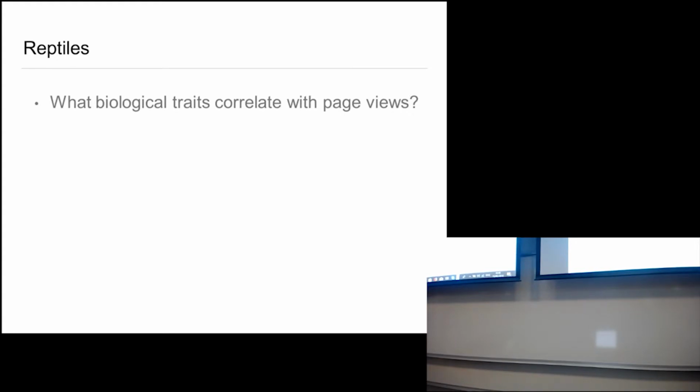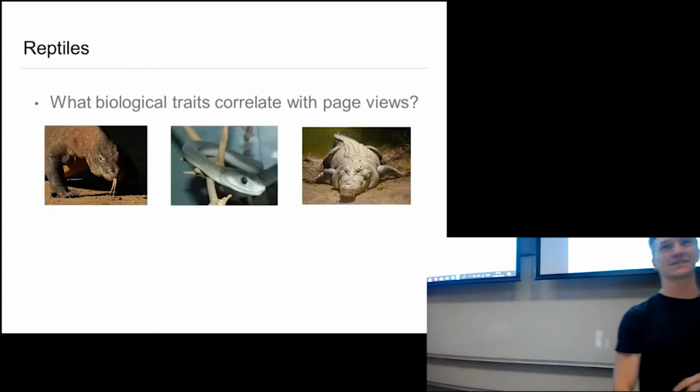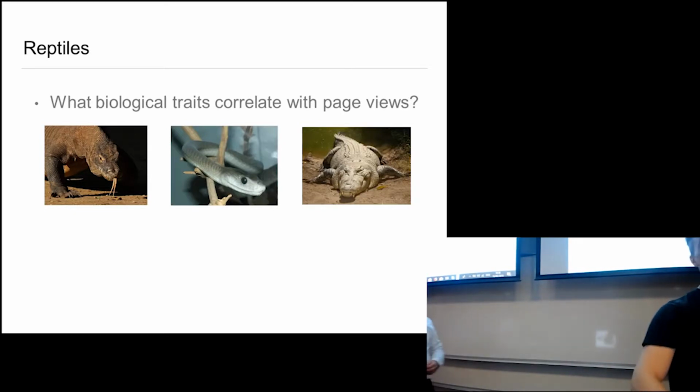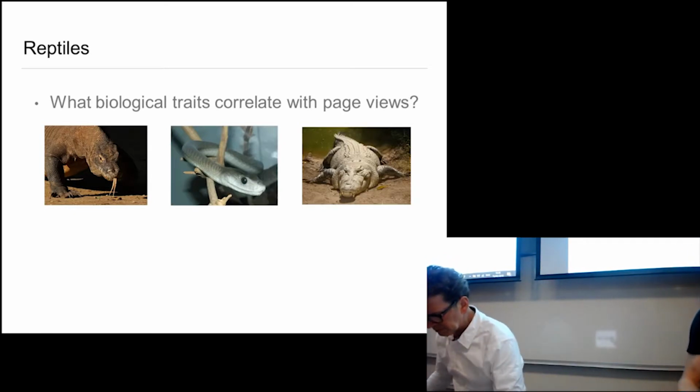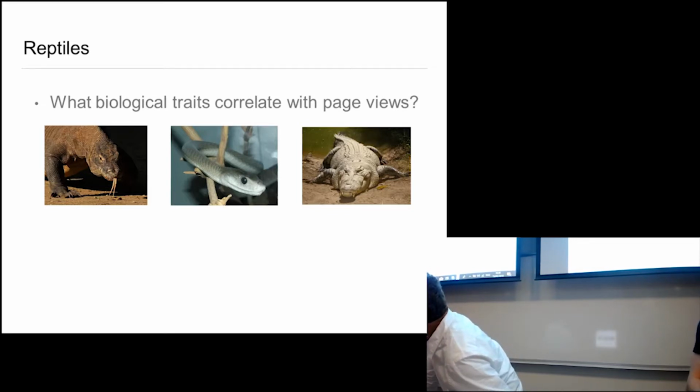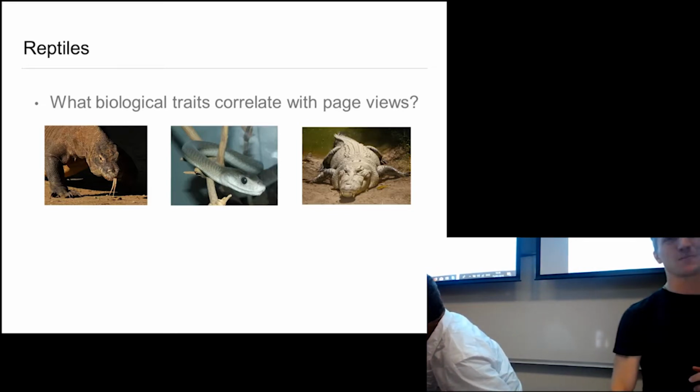Komodo dragon. Exactly. That is the number one most viewed reptile in Wikipedia by a large margin. I was blown away. I did not expect that. So essentially, the quick summary is it's not too surprising, but these are three of the most viewed species. If you're big, if you're dangerous to people, and if you look like a dragon, you end up being a